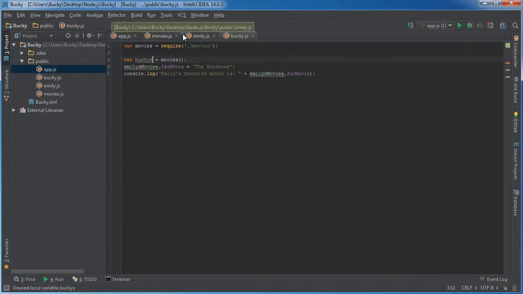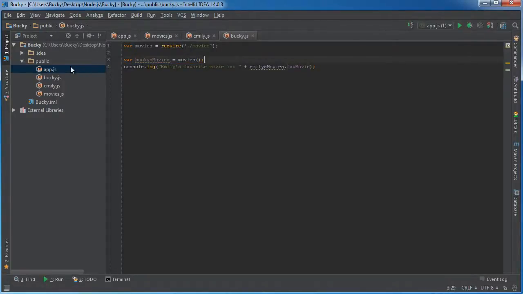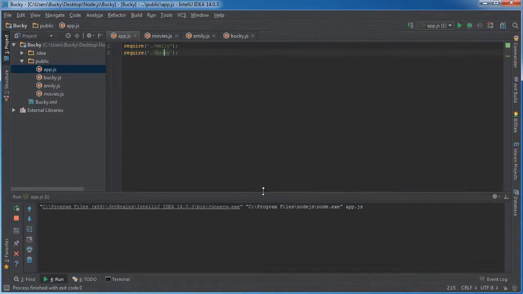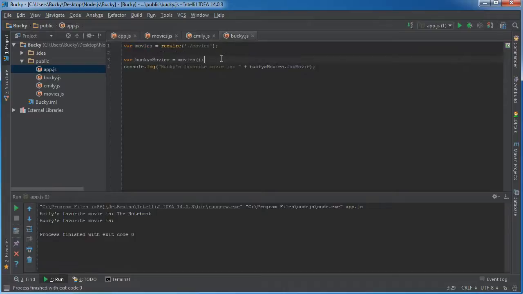Except we will say Bucky's movies, and we'll actually just won't even set Bucky's favorite movie so you guys can clearly see. So Bucky's favorite movie is, and this will just be blank. So now if you run this, check it out. Emily's favorite movie is The Notebook, Bucky's favorite movie is blank,